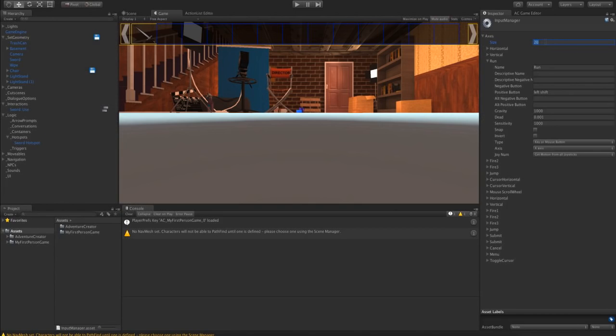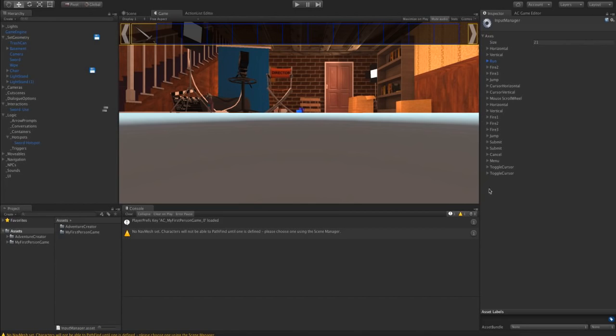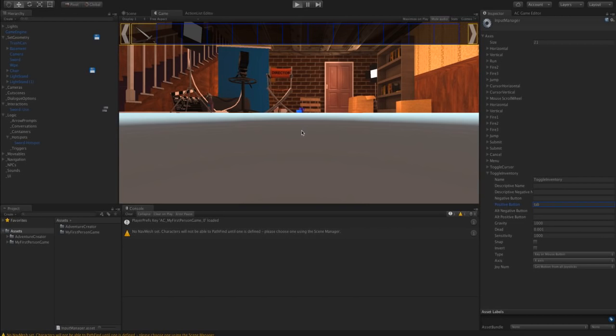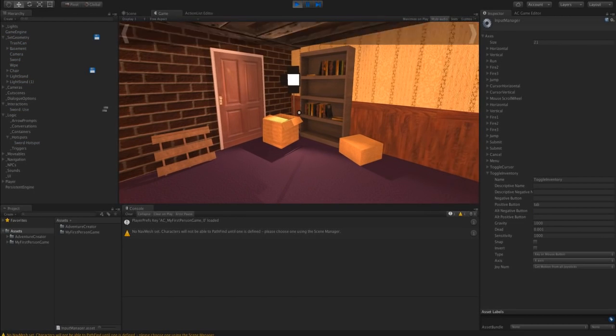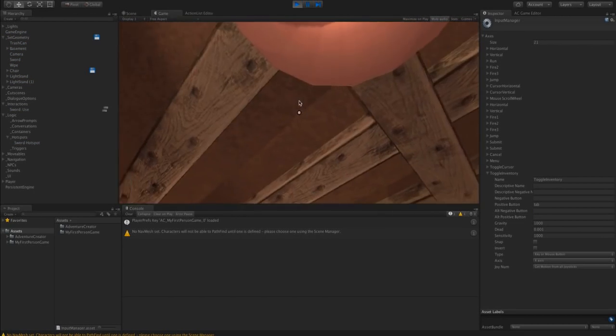And I'll make another input by increasing the size by 1. And I'll name this toggle inventory, and I'll map it to tab. So we can test that out by pressing tab. You can see that turns on and off.